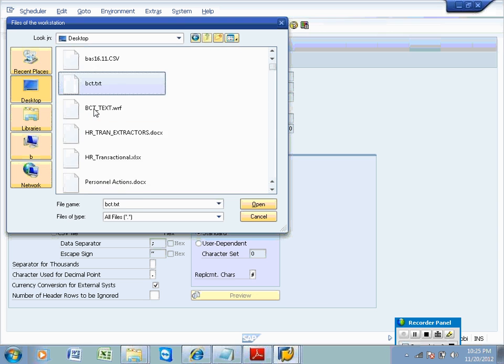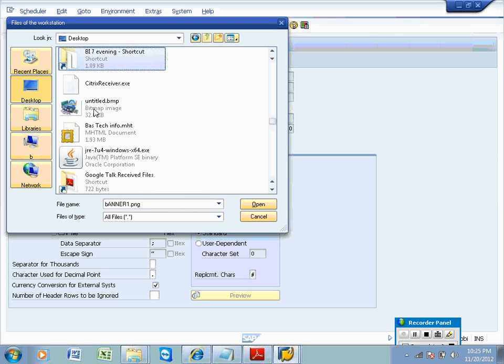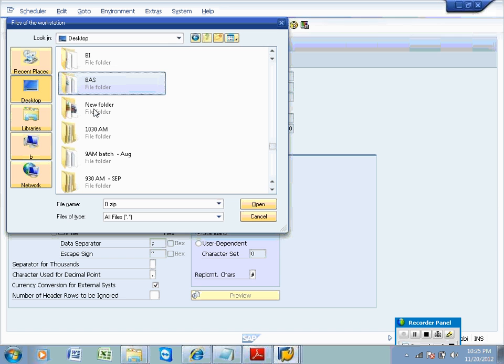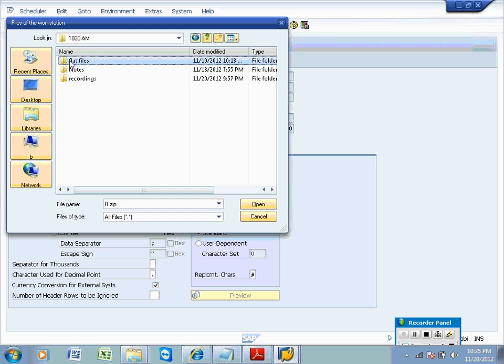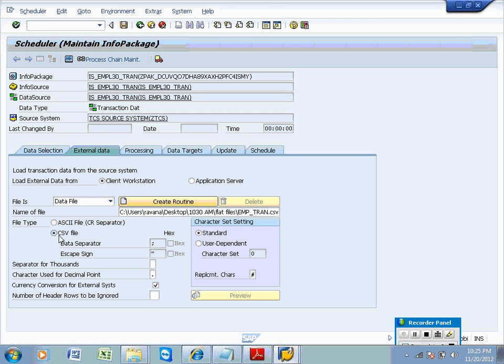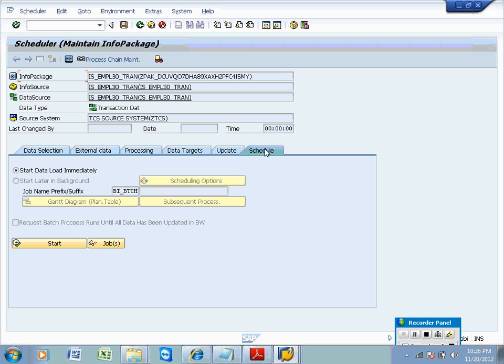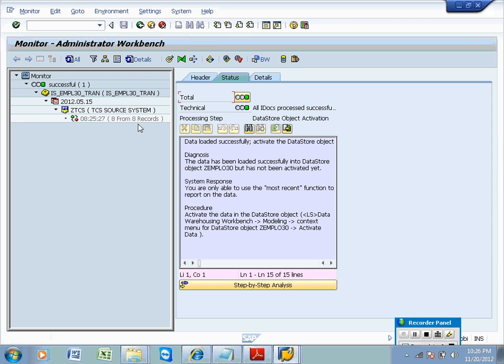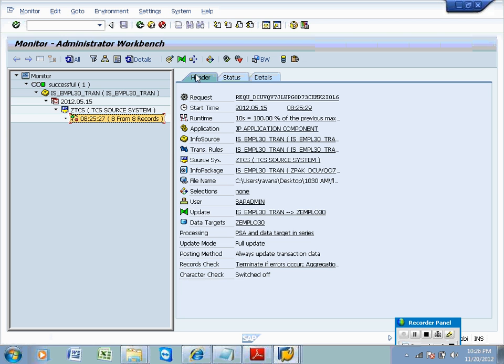Now, configuring the data load. And click on monitoring. 8 records saved and 8 records transferred until new data table.